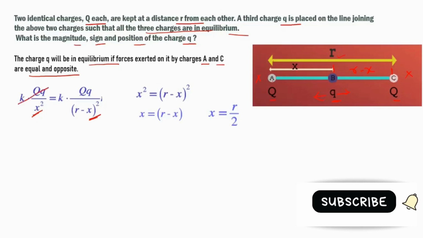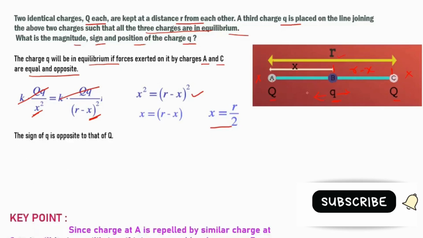On cancelling the like terms and solving, we get the position of small q must be at r by 2. That is, small q must be placed at the center of the line joining the two charges. Now, the key point is to find the sign of small q. How can we find the sign of small q? We can get the sign of small q by considering